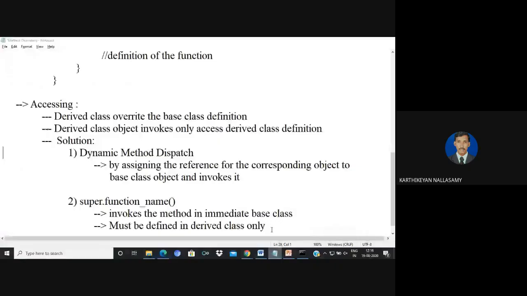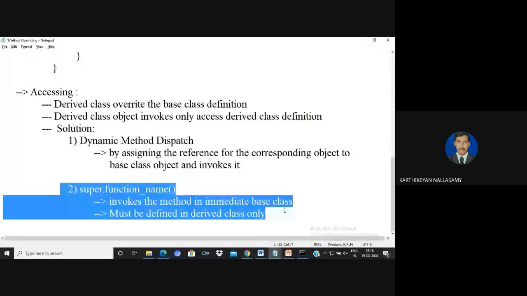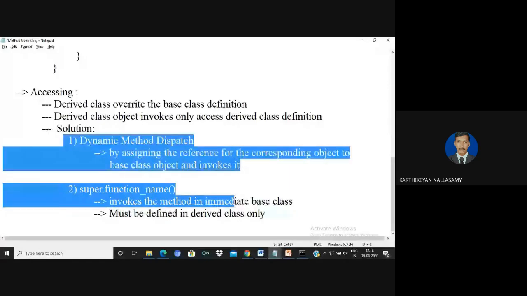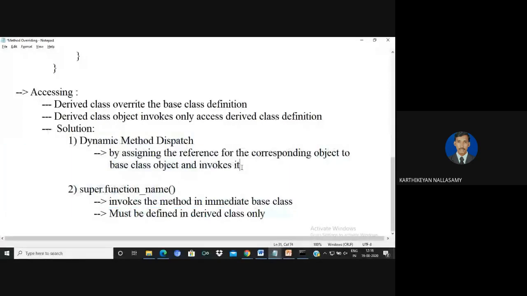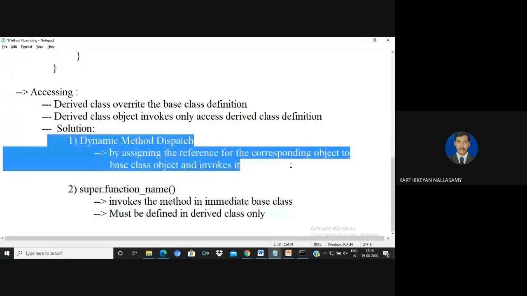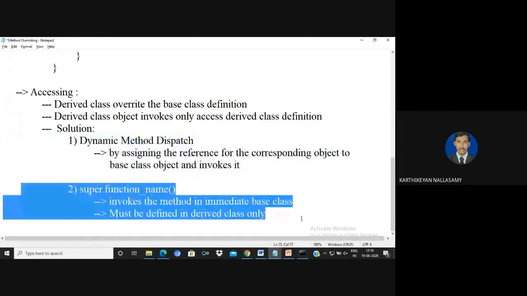There is one more solution we have, which is by using super. With dynamic method dispatch, if you want to execute any one of the methods in either the base or derived class, we can go with dynamic method dispatch. But if you want to invoke more than one method in method overriding, then we can go with the super keyword.